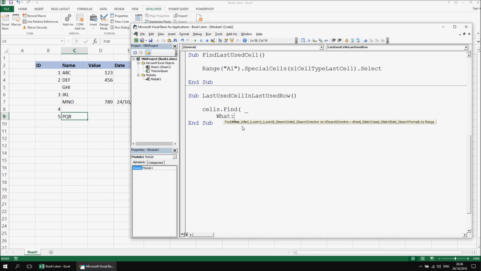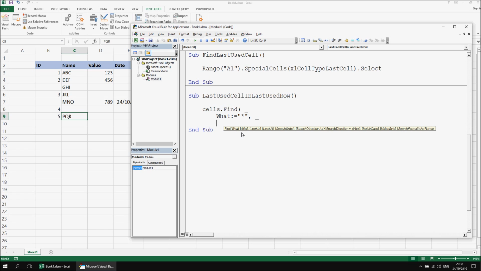So I'm going to say find what equals, and what I'm going to use is a wildcard character, the asterisk, which essentially says find anything, any cell contents at all. So once I've done that, I'm going to type in Control space, and then I'm going to specify the after parameter as well. Now the after parameter allows you to refer to a range of cells, to essentially say where to begin your search after. I'm going to begin my search after range A1, so I'm going to say range A1,